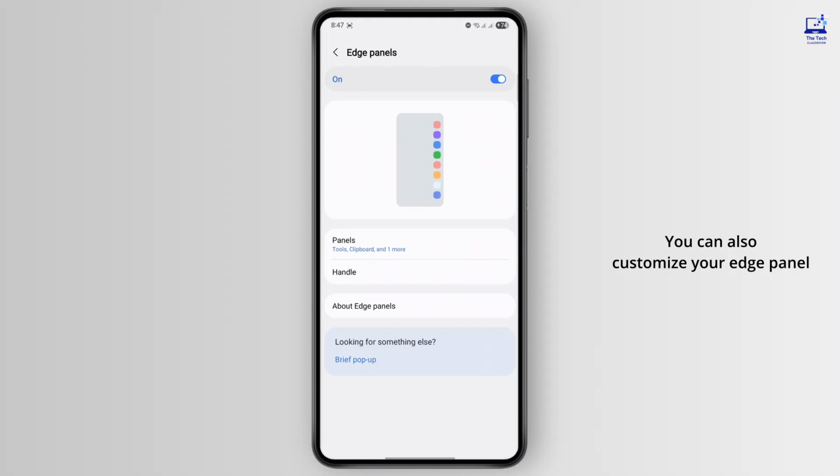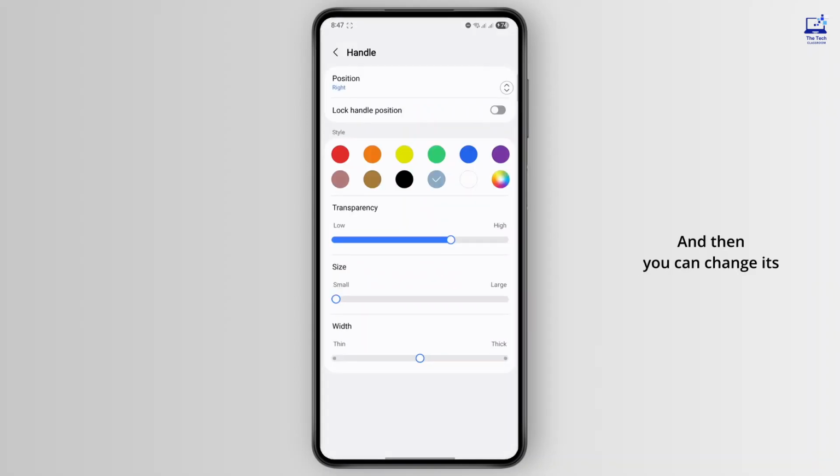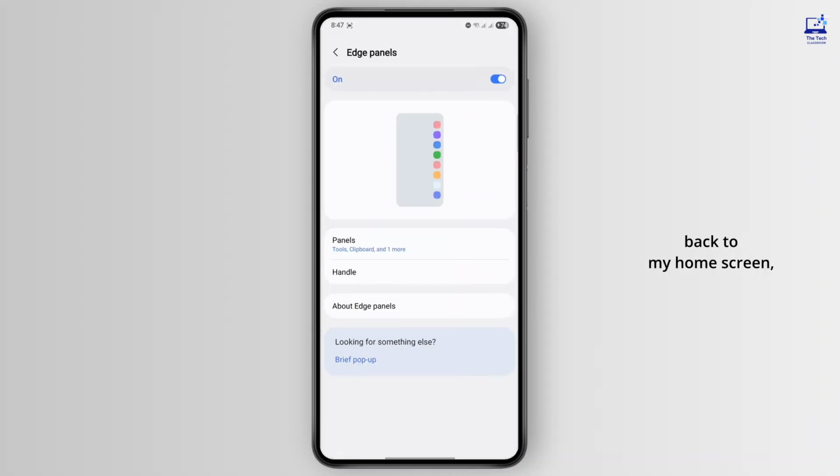You can also customize your edge panel by going over to handle, and then you can change its transparency, its width, and its height. As you can see, you can also move it around, and if you long press and hold on it, you can move it to the other side of the screen as well. So I'll just leave it here as it is, and then if I just go back to my home screen,